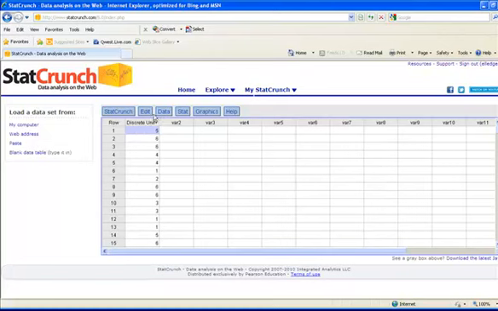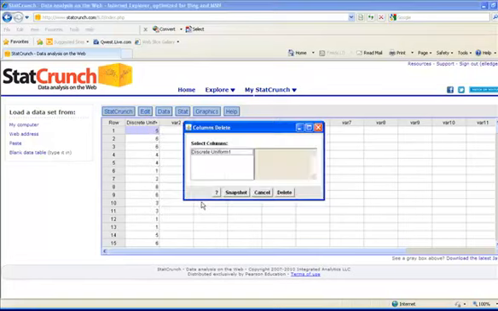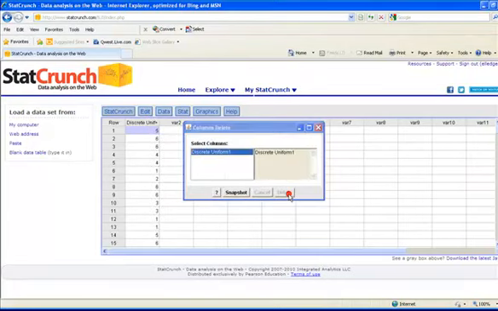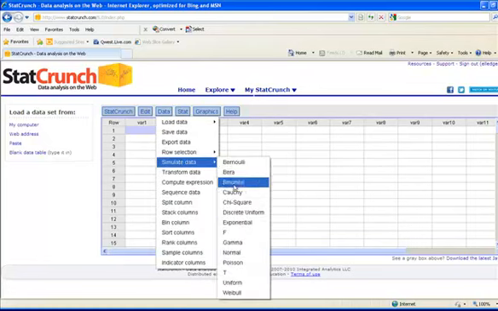Now I'm going to go ahead and delete this column because the next thing I want to do is simulate rolling 2 dice 200 times, and then find the average of each outcome and then find the descriptive statistics on that. In other words, we're creating a sampling distribution, and we're going to use that to verify the results of the central limit theorem. So what I'm going to do is click on Data, again, Simulate Data, and